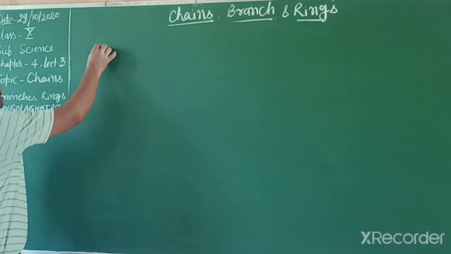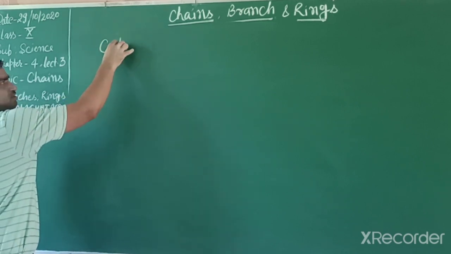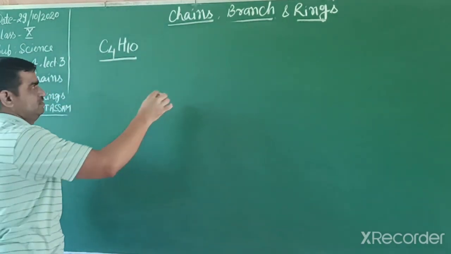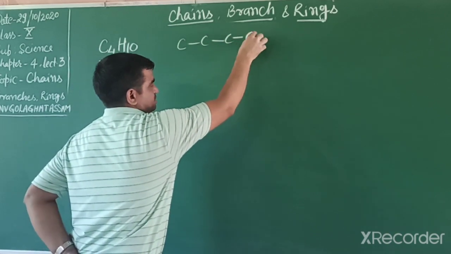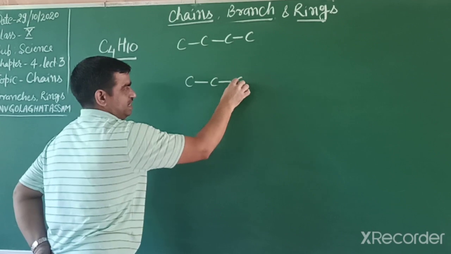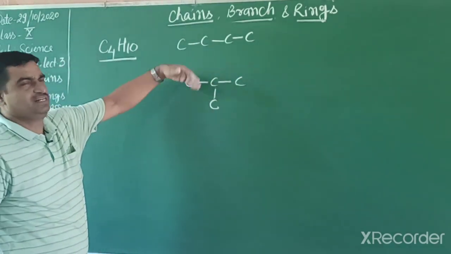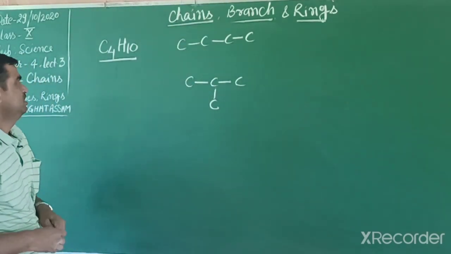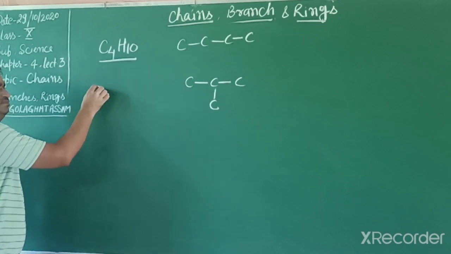Now students, we discuss when the compound is C4H10, two different type of structure. I can make it again: we write 4 carbon as a straight line, or we can write 3 carbon as straight and 1 as a side branch. You can write upper side or lower side, that has no problem. Again we can explain another compound.